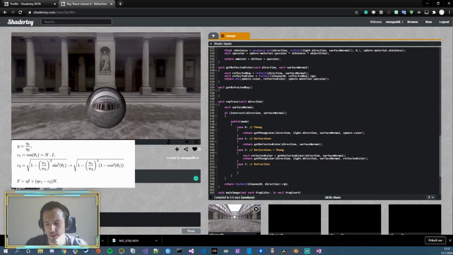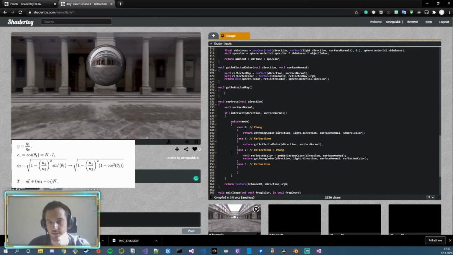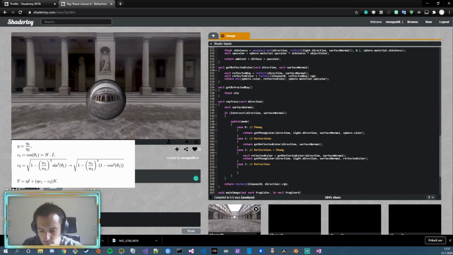There are several things that we need to know. I'm just looking at the formula right now. So we have this eta thing. We have C1, we have C2, and N and I we already know. And we've got to get this T thing out of this function. So let's go step by step. What is eta in this case? I'm going to call float eta equals, what is it? We don't know. So we're going to do float eta equals